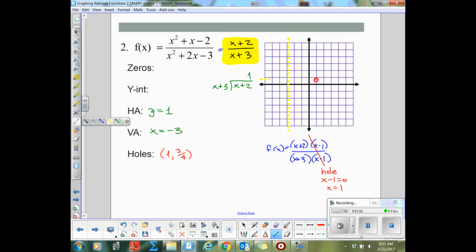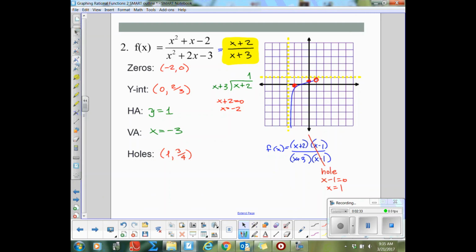Oops, let me adjust that. There we go. To get a y-intercept, plug in a 0. And to get any x-intercepts, set the numerator equal to 0. I can go ahead and graph those points. And on the right half of my graph, I have enough points to connect, going right through the hole in